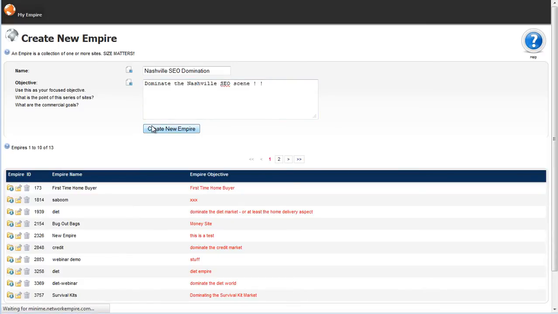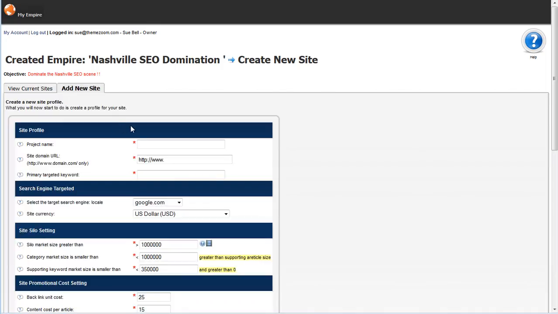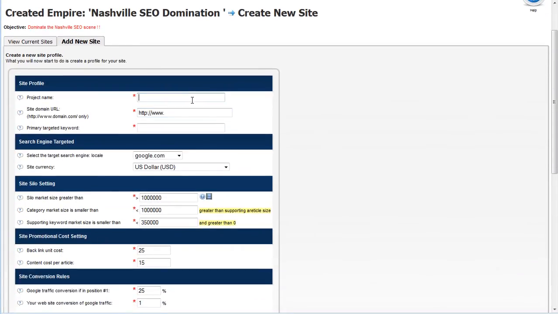Create that bad boy. And I'm going to come here to my site. I'm going to add a new site. My project name is Nashville SEO. My site is, I believe, NashvilleSEO.com. And my target keyword is, again, Nashville SEO.